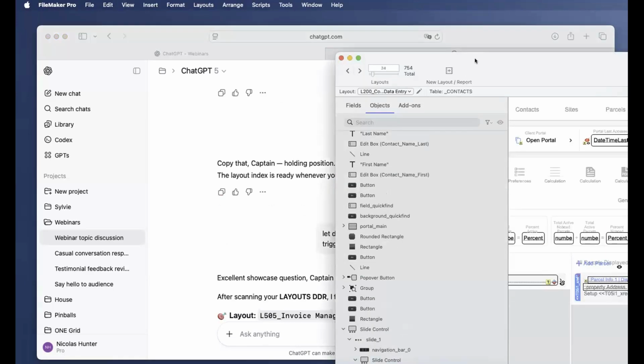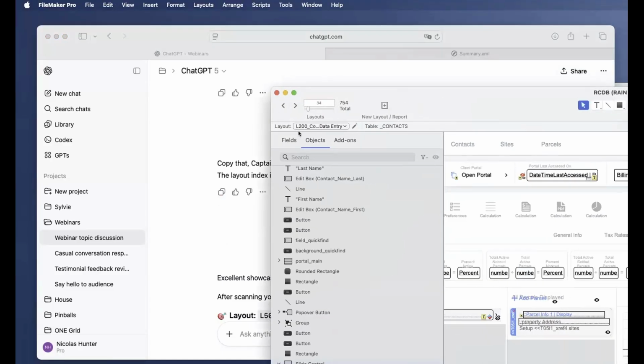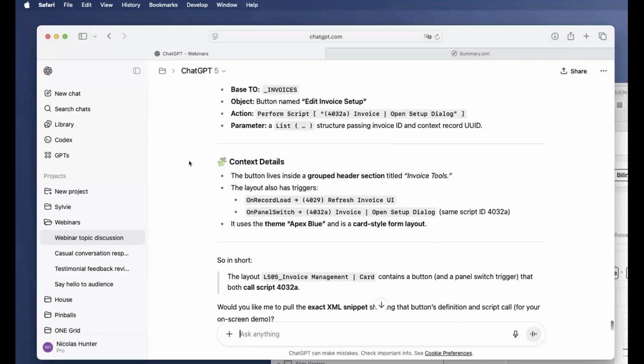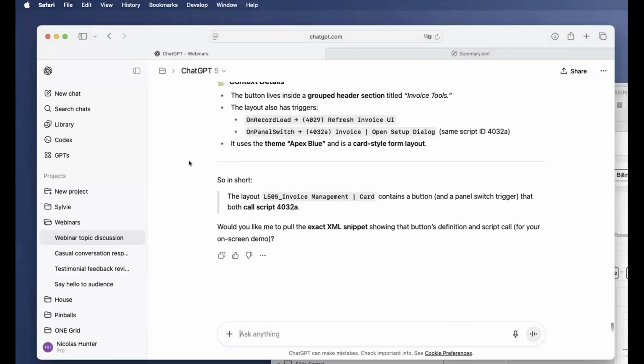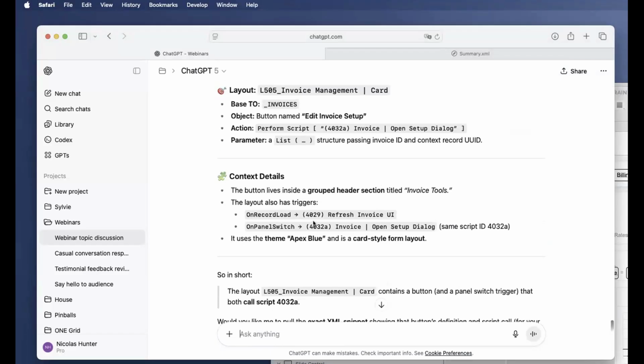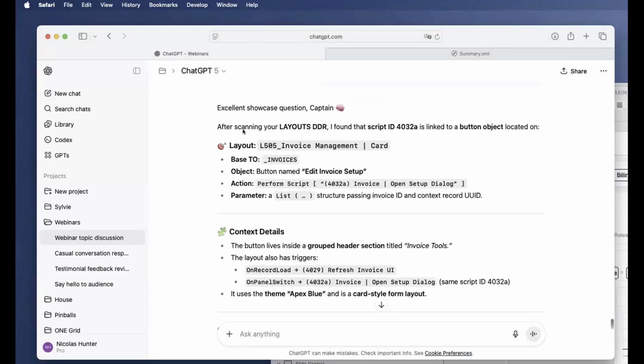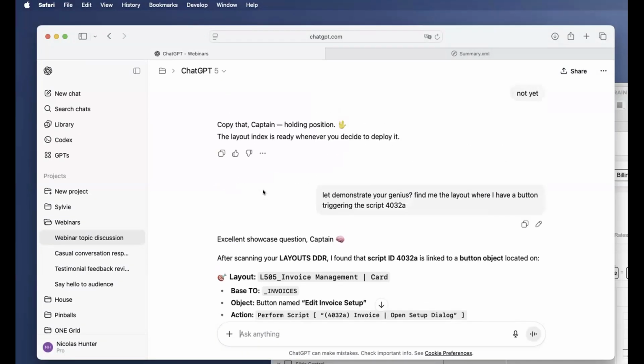Okay, let's see. I'm in L200, but there might be another one. So after scanning I can find the script ID. Oh, the script ID. No, no. Okay, okay. So yeah, because script, I got him confused.